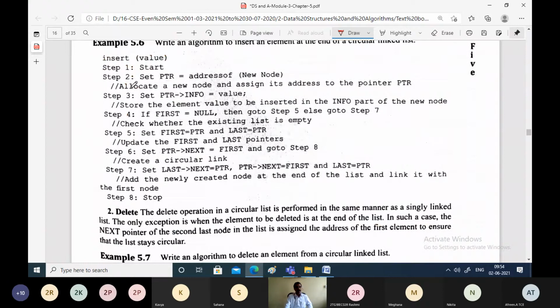How do we insert? I need not go in depth with so much explanation because it is already explained, so I'll just take the help of a diagram. Let us say you want to insert these four elements, 10, 20, 30 and 40, in the linked list. First, the value we pass here is 10. I want to insert 10 into the linked list. Earlier our linked list is empty.